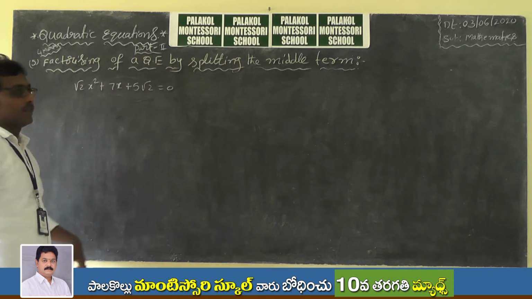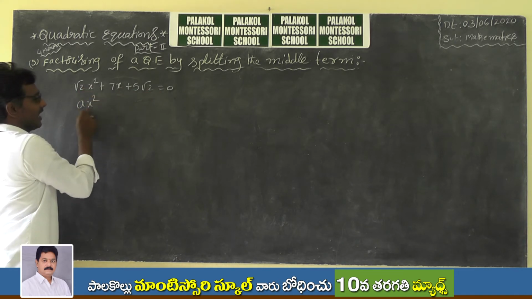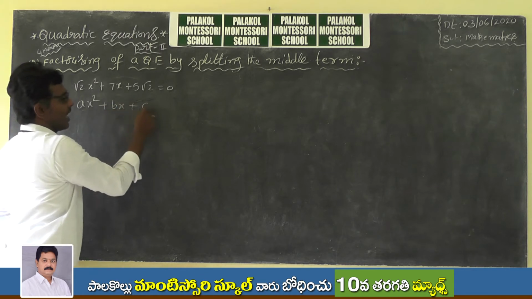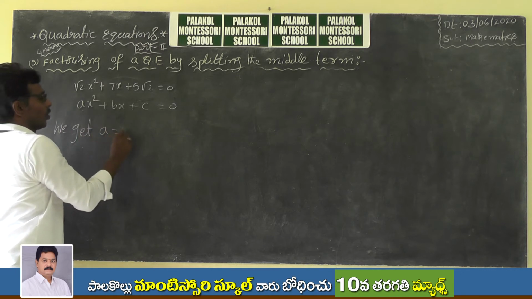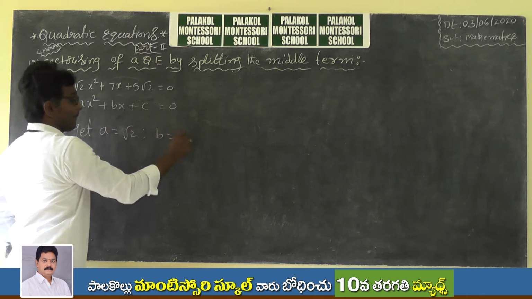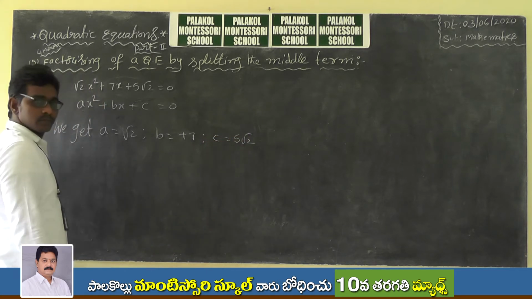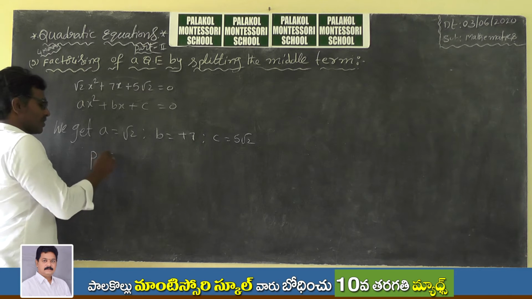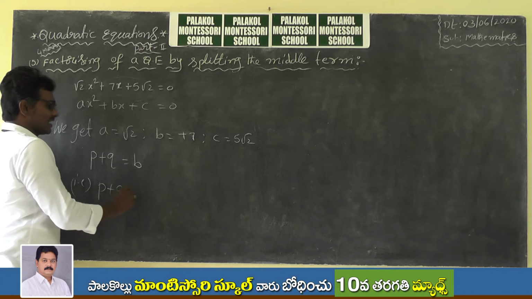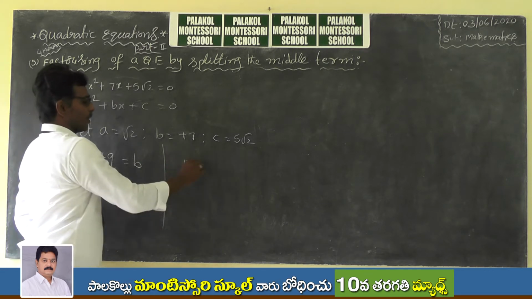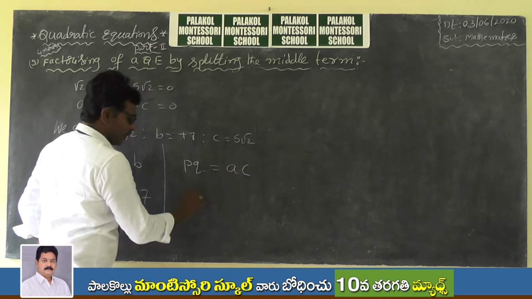Split into middle term. That means first you compare with the general quadratic equation ax square plus bx plus c equal to 0. So you get a is equal to root 2, b is equal to plus 7 and c is equal to 5 root 2. Let p plus q be equal to b. That means p plus q is equal to 7. The product pq is equal to ac. That means pq is equal to,